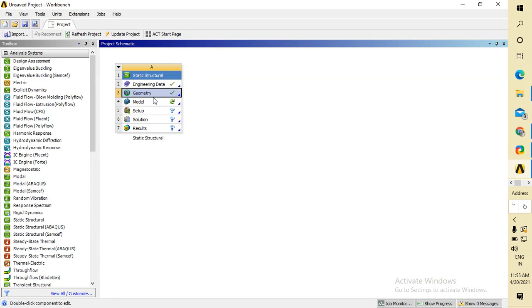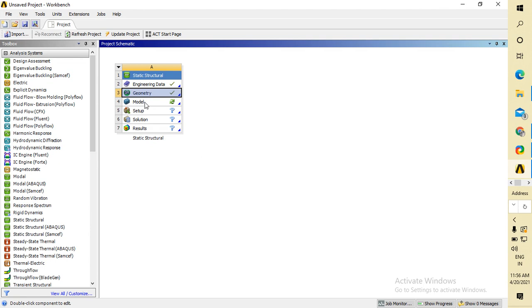If in your ANSYS program it shows a tick, then the geometry is good. It is okay, and you can move to the next part, that is model. So in geometry, if there is any confusion, please let me know, guys.